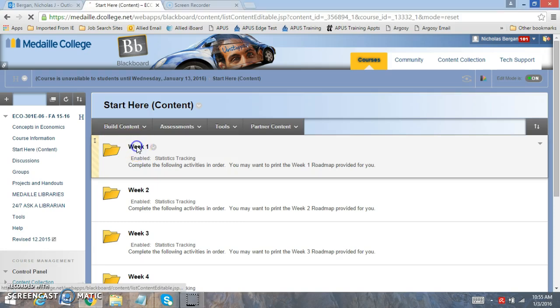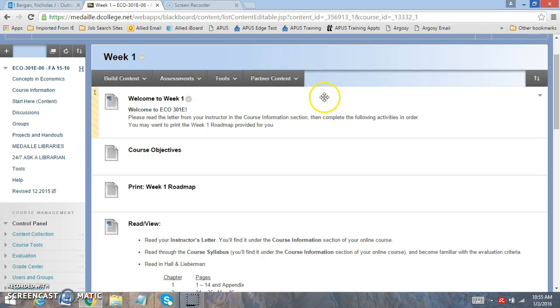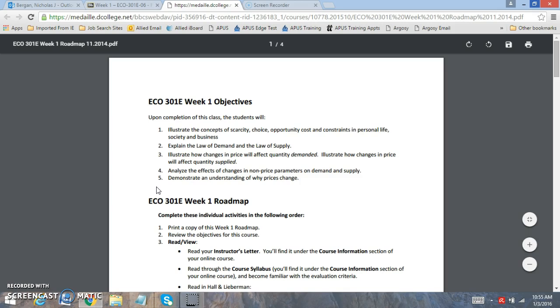But if you click here for week 1, it'll give you the course objectives right here. It'll give you the roadmap. So let's go to the roadmap first to see what is required for this week. This is a good guide for you as well to use each week. So for week 1,